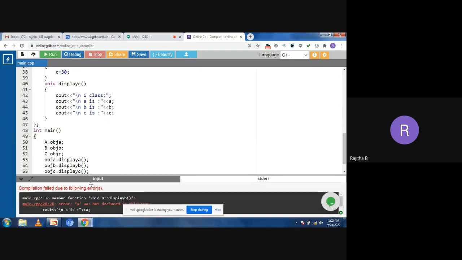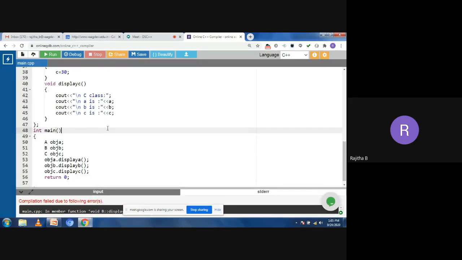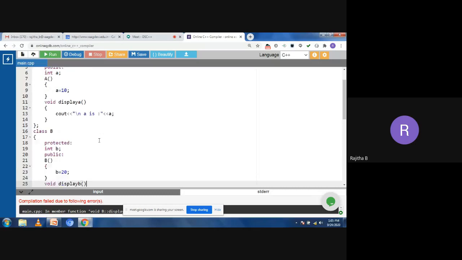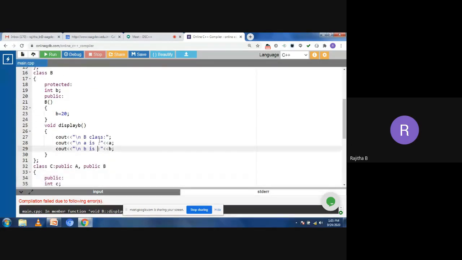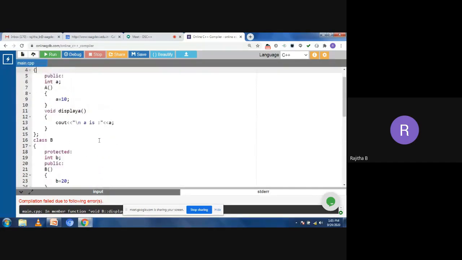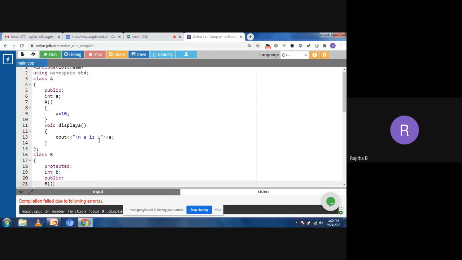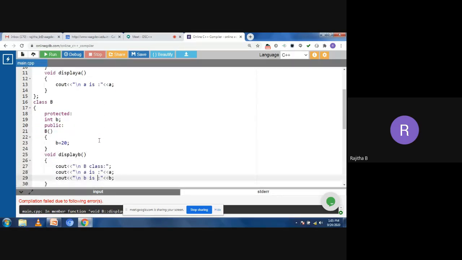We are getting some error. That is A. So this A here, I have taken it as private. Now you can see here, B is not a derived class of A. We cannot access the A class data members in the B class. Why? Because A is a different class and B is a different class, and we are deriving the new class from these two classes. Means in B class, I am not going to access the A class data member. So that's why we are getting the error.